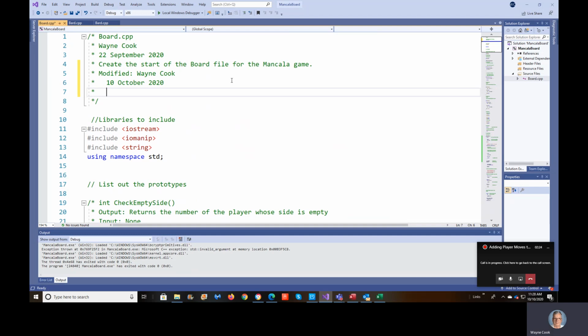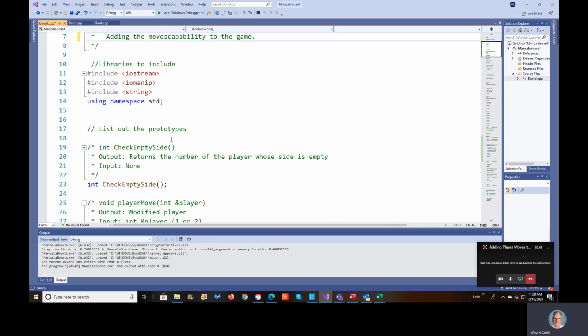And the purpose of this is adding the moves capability to the game. So in other words, I'm just adding it so I can do moves. And again, all the includes are the same. Now,